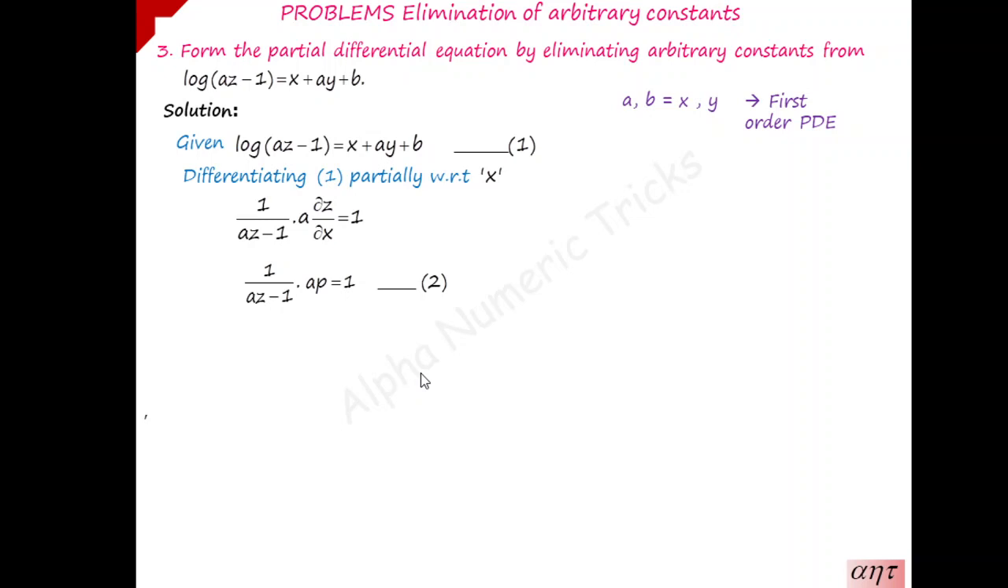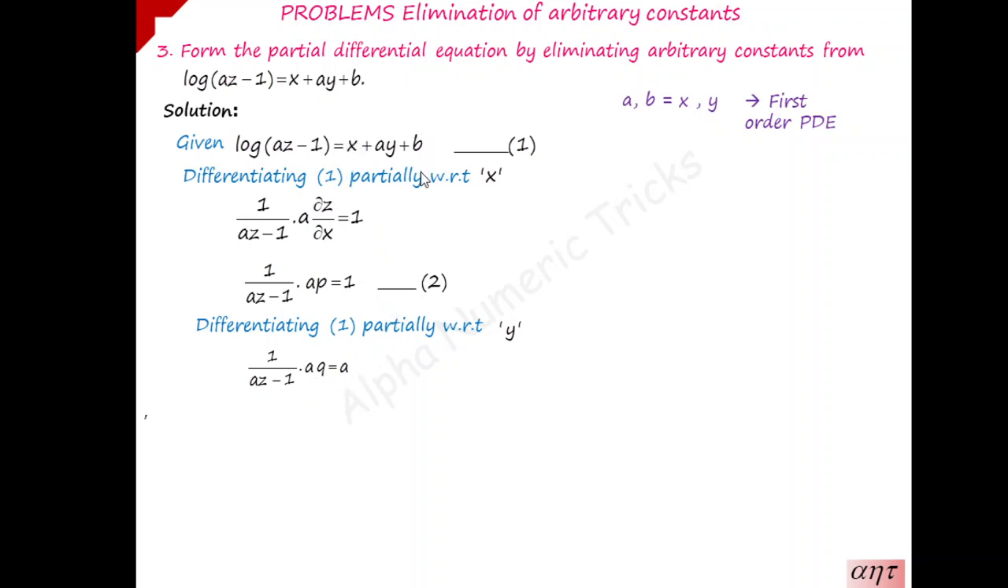What is next step? Yes, you have to differentiate 1 again partially with respect to another independent variable y. So differentiation of log of az minus 1 is 1 by az minus 1 into the differentiation of az minus 1 with respect to y. We have to do it, and that is written in the numerator. So a into differentiation of az with respect to y is dou z by dou y, which is taken as q, minus constant differentiation becomes 0. So the resulting term you have as a into q, which is equal to,